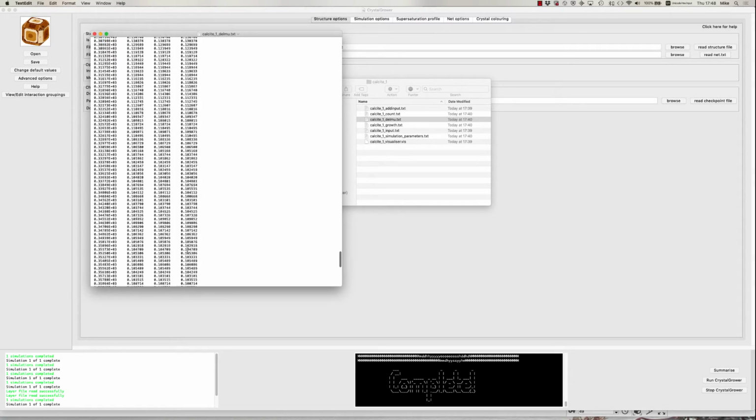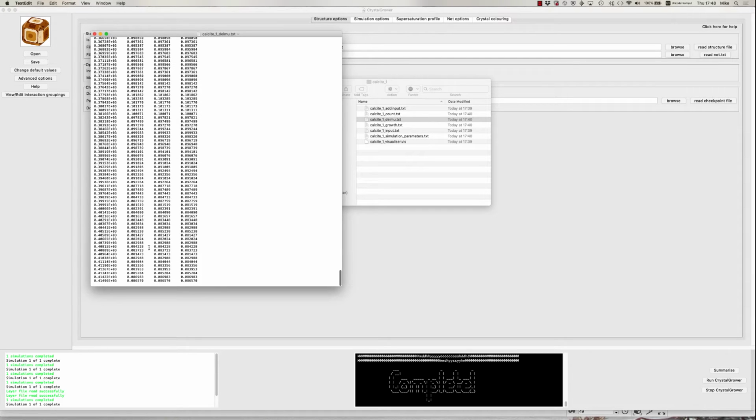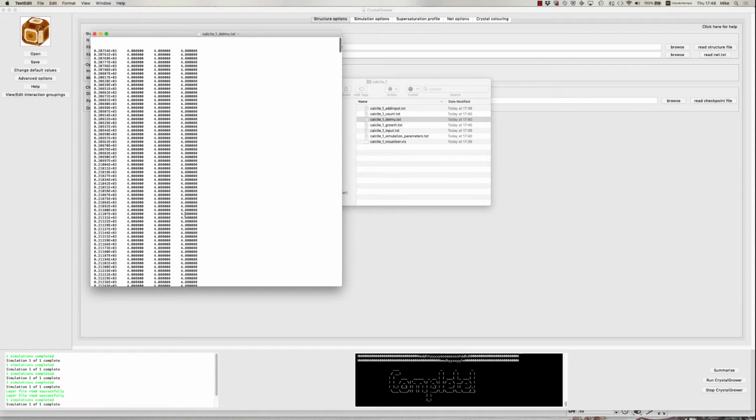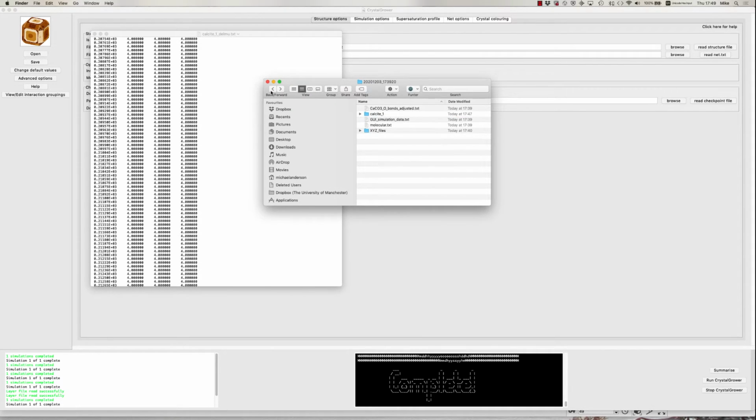So the del mu file is quite a good way to interrogate what is going on. There are actually 4 columns of data in total. The first column is essentially a time for the simulation. The last 3 columns refer to the supersaturation of different units within the structure file. So if we just go and have a quick look at the structure file that has been used for that calculation, which is here,